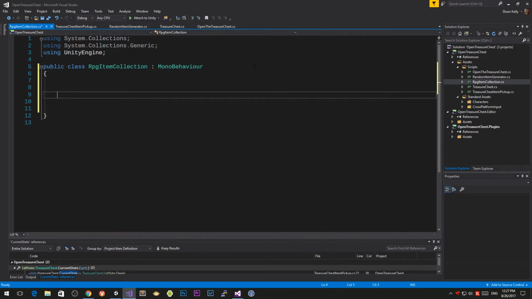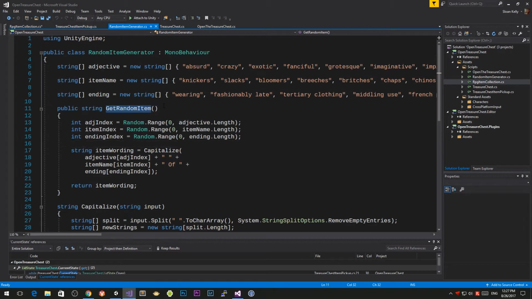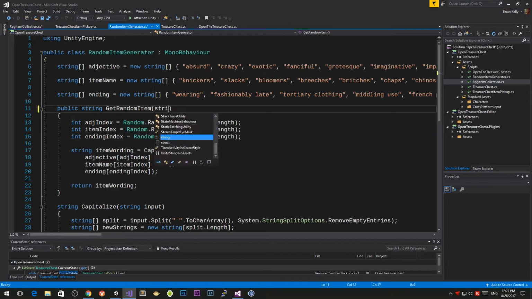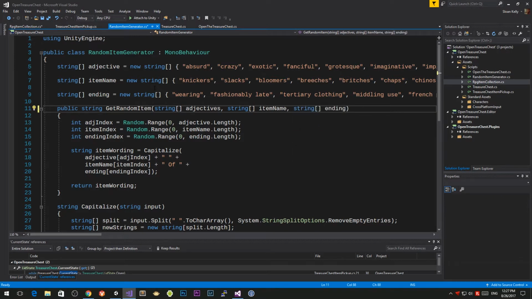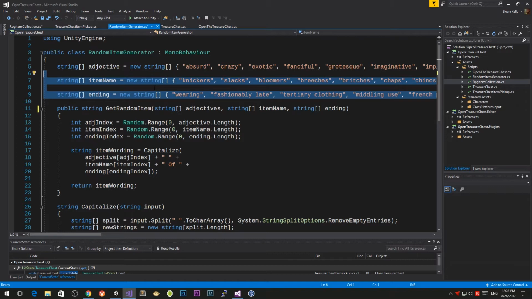but it is going to take in a function. Now that function is going to be this get random item function. So my get random item function is no longer going to have this. It's actually going to have string adjectives, string item name, string ending. Okay, so I'm going to comment this out for just now